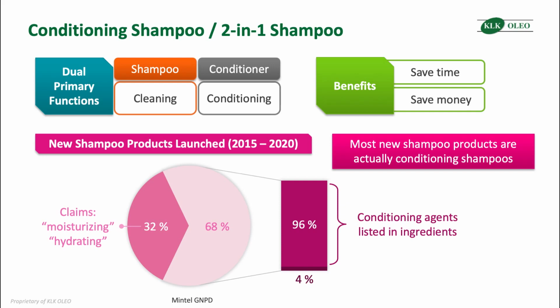The remaining new shampoo products do not make these claims, but 96% of them list conditioning agents amongst their ingredients, and therefore they are technically conditioning shampoos. A lot of shampoo producers include conditioning agents in their product because most consumers these days expect even normal shampoos to have at least a little bit of conditioning effect. Depending on what the shampoo producers would like to claim and the consumers that they are targeting, the shampoo producers would vary the amount of conditioning agents that their shampoo deposits on the hair and therefore the conditioning effect experienced by the consumer.